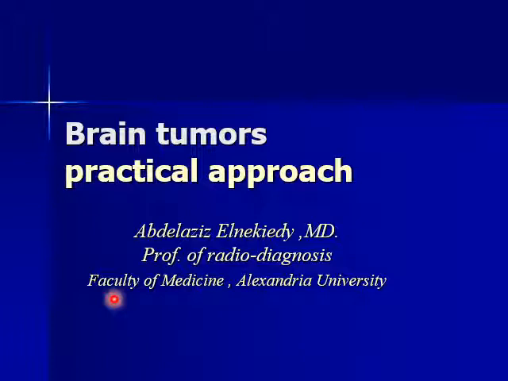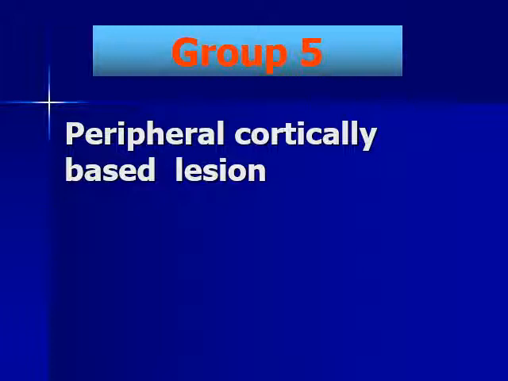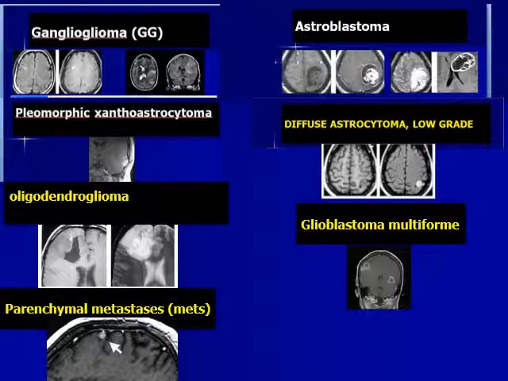I will continue the different groups of brain tumors and their practical approach on imaging basis. Group number 5 is peripherally located or cortically based lesions. Most of these have been discussed in the previous groups, but I will re-summarize them again and add some tumors to these. You remember ganglioglioma, pleomorphic xanthoastrocytoma, the group of oligos,